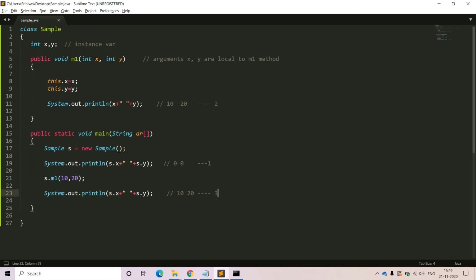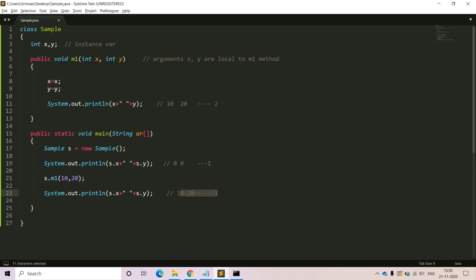It is very simple. So we have to understand this entire control flow. Otherwise, it will be very difficult to understand Java programming. So for example, if I am going to do like this, what is the output here? Can anyone of you please tell me what is the output? Initially, the instance variables 0, 0 we are going to get, and within the method itself, the x and y values will be 10 and 20. The second statement is also we are going to get. But what about the third line?